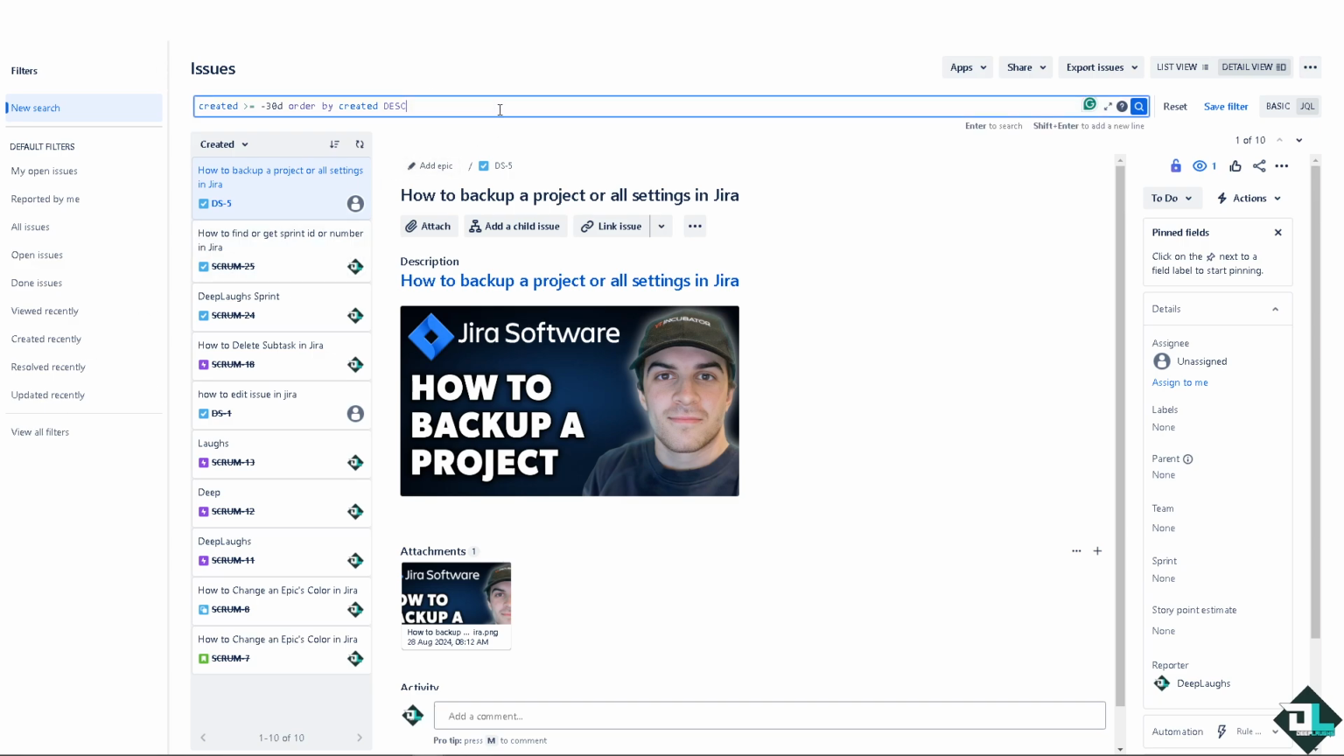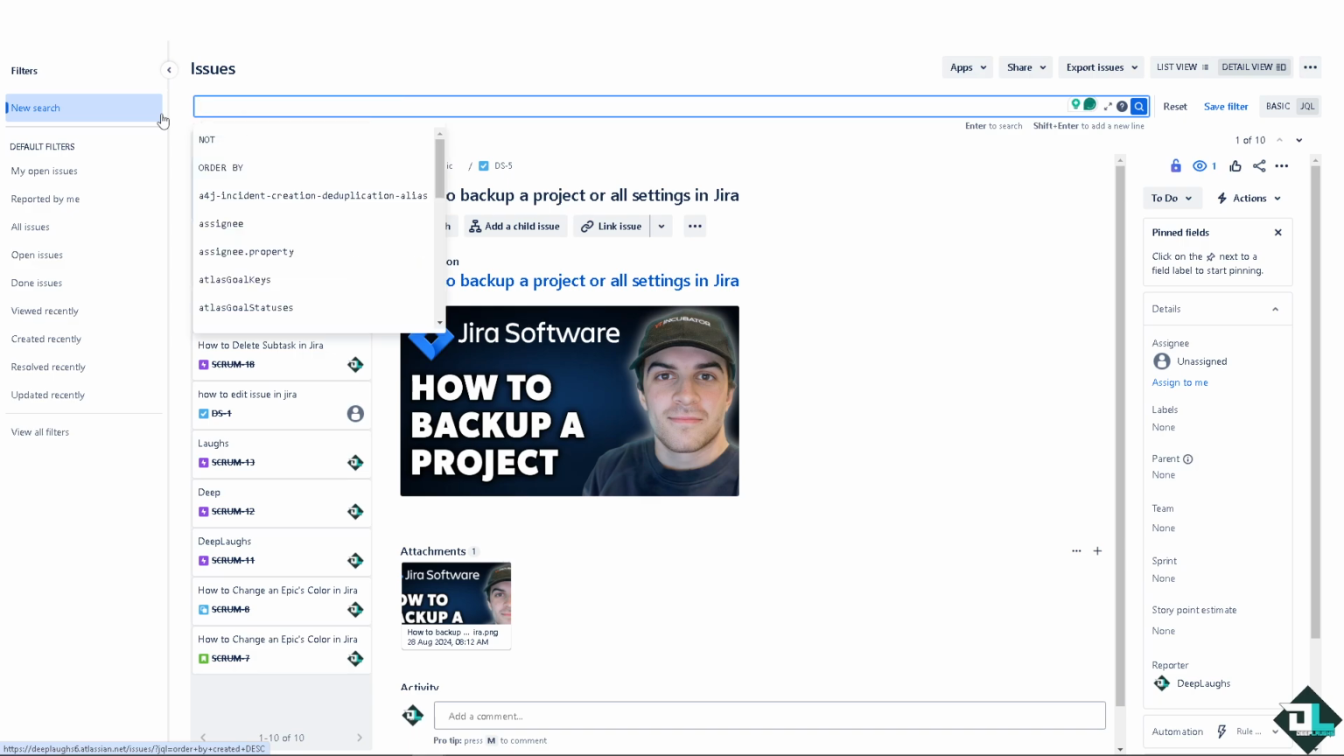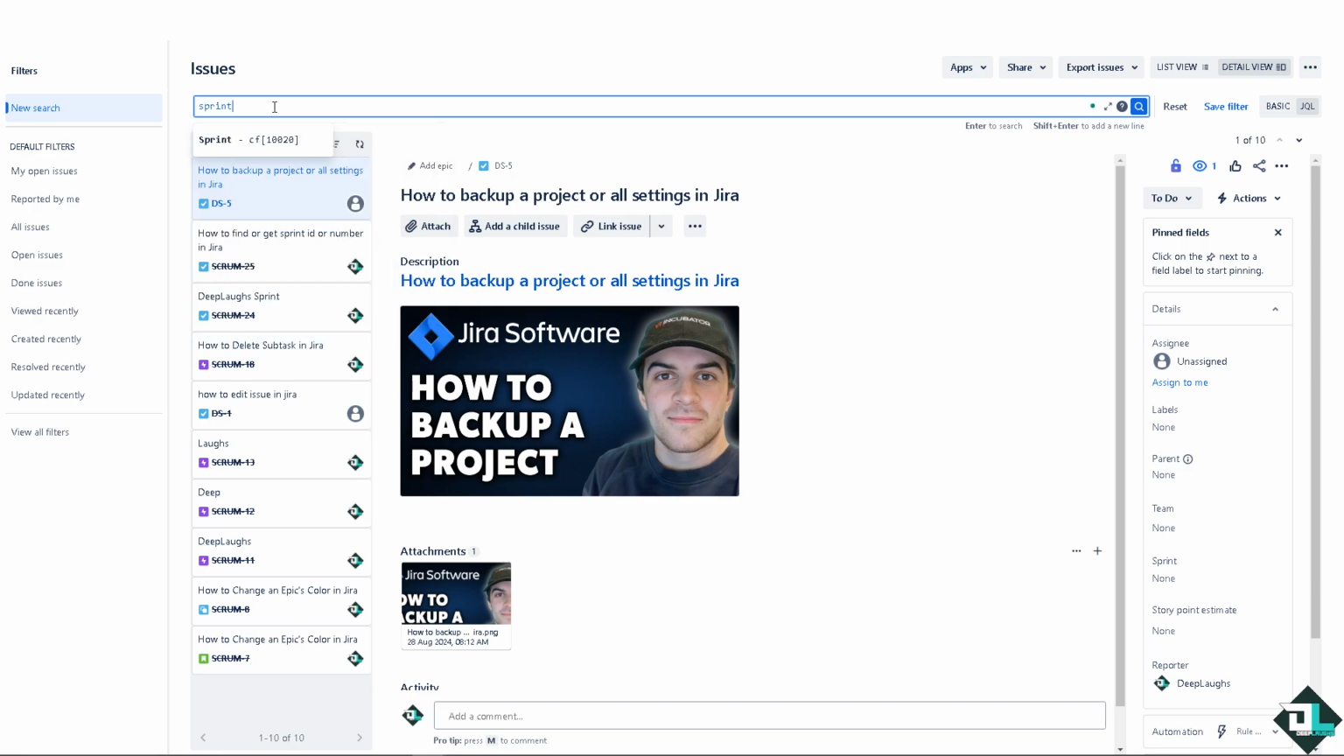Now, I want you to remove all these, and I want you to type in sprint. That's the first thing that you need to do. Space, equal sign, space, and the name of the sprint that you are looking for. And I believe that's going to be deep laugh. There you go. So I have a deep laughs sprint 1, which is going to be this ID